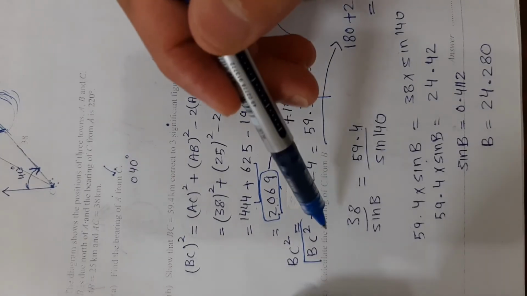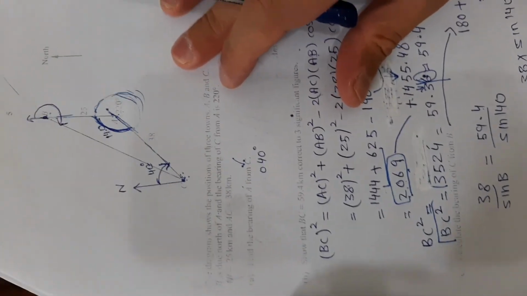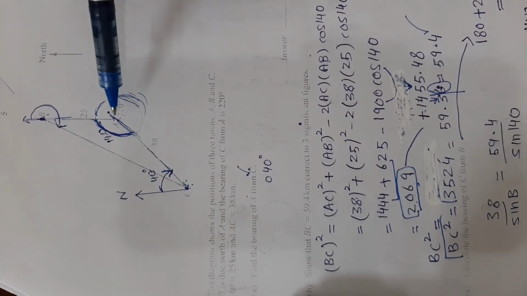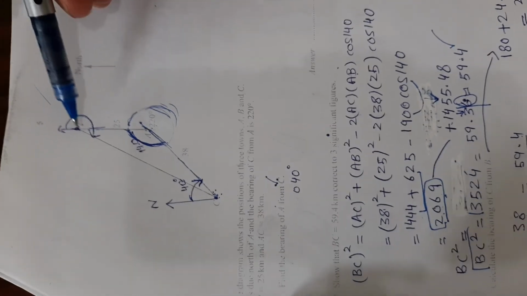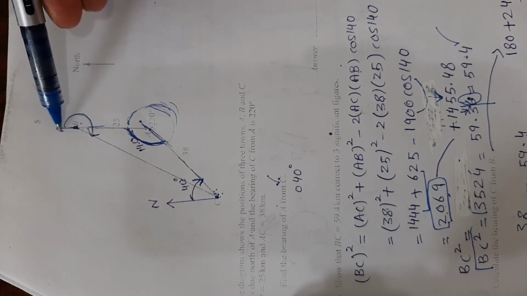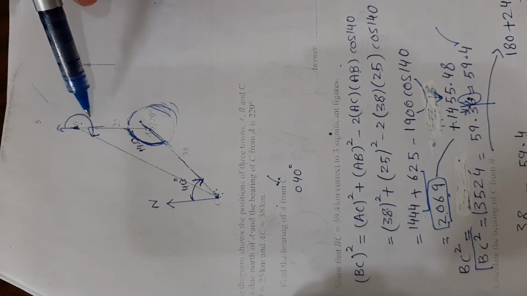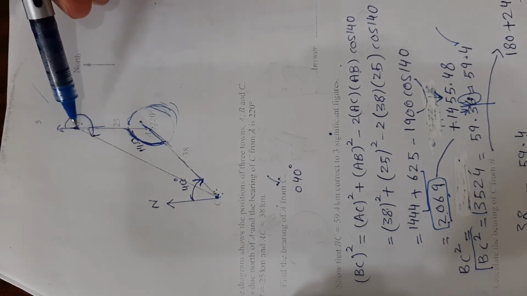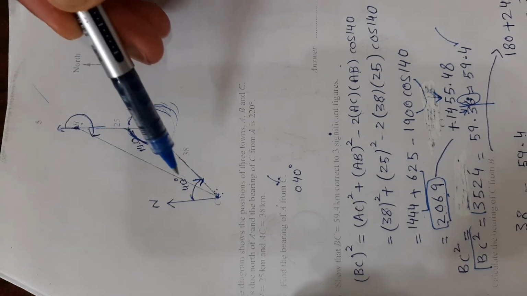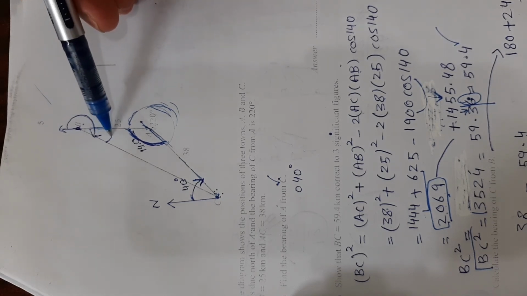Now the next part is calculate the bearing of C from B. From B, draw north at B. Now from there, move in clockwise direction until you touch the line which is joining B with C. You need to find this angle, this bearing. Now this is understood up till here. This is 180. We need to work on this one.